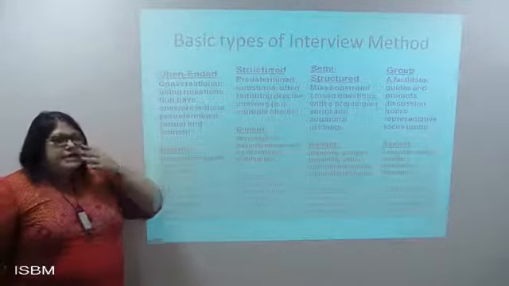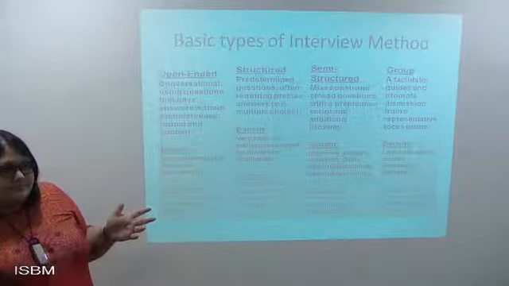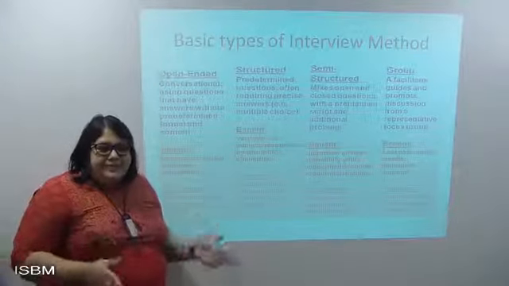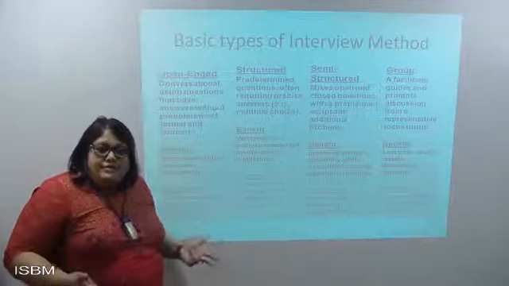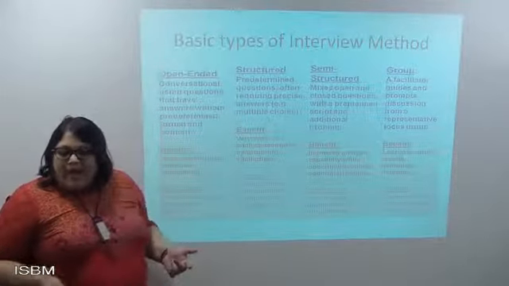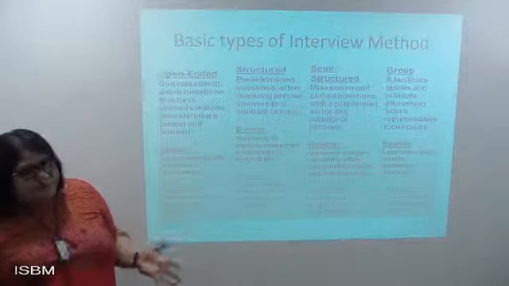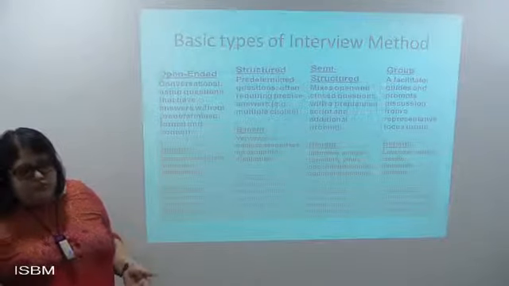For example, if you launch a detergent in the market, you might ask specific questions. How often do you wash your clothes? Who does the laundry at home? And who does it better? Who knows the usage of a particular detergent, how much it should be given or how much it shouldn't be given